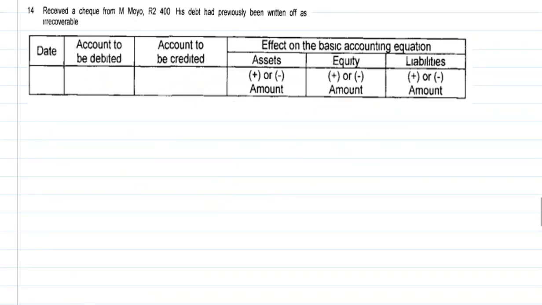Okay, let's do this one. The last transaction: received a check from Mo, your 2.4. His debt had been previously written off as recoverable. This transaction is very easy. There are two accounts that will be affected here. Bank will be affected, and debtors, no, not debtors control,